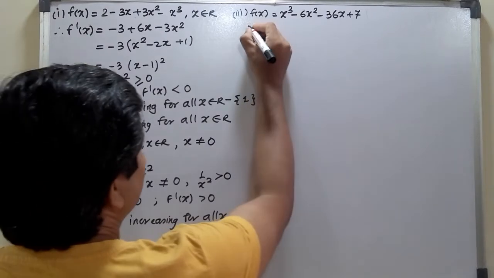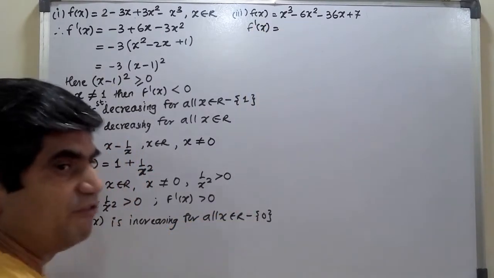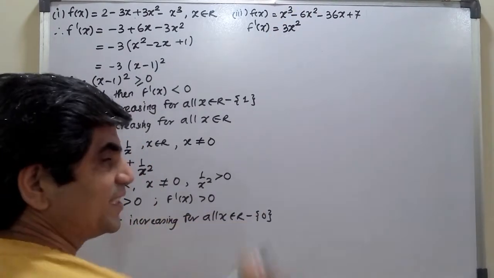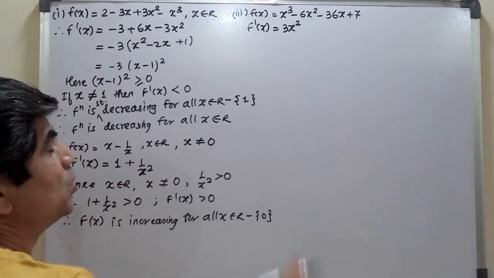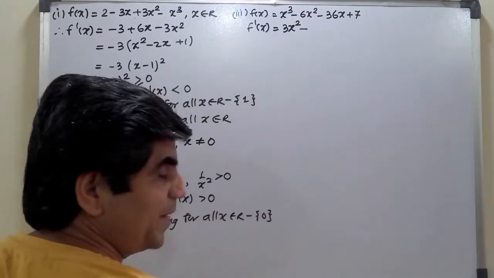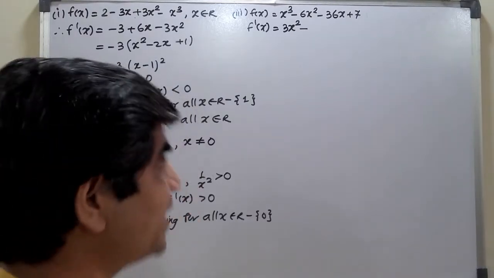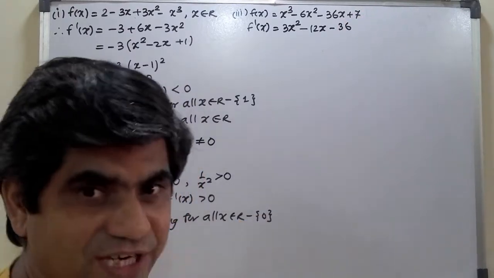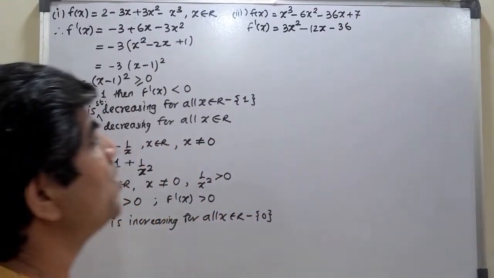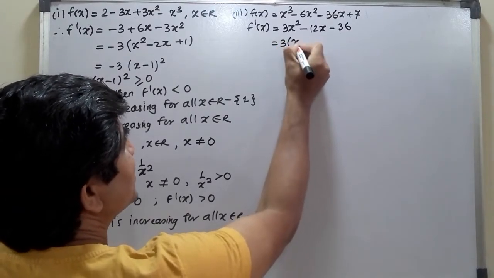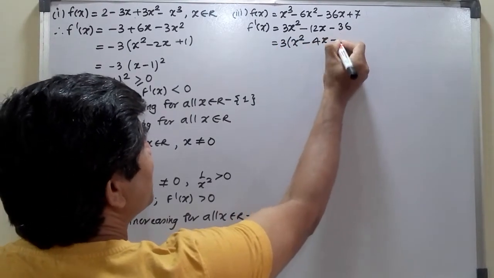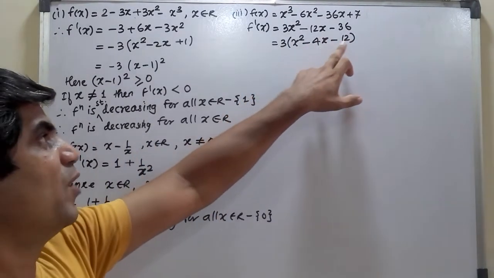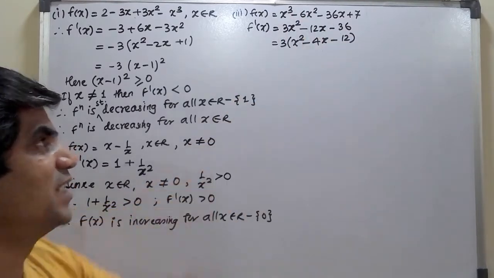So I will be finding the first derivative over here. So f dash x will be obviously 3x square, agreed, x cube, x raised to n, n x raised to n minus 1. So it is 3x square minus 6 remaining there as it is. X square derivative is 2x, so you get here 12x minus 36, and 7 being a constant, it is going to become 0. Now I would better take some common, which is x square minus 4x minus 12, 3 times. Okay, so cross check it once again. 3x square minus 12x minus 36.